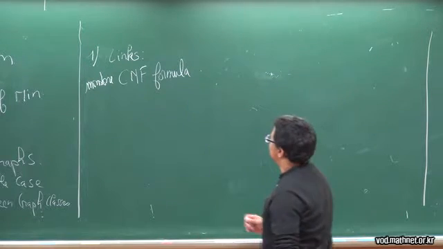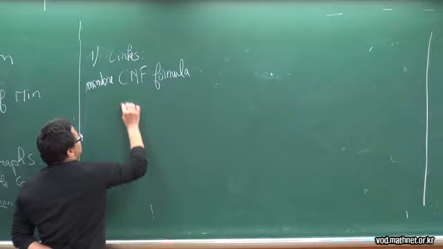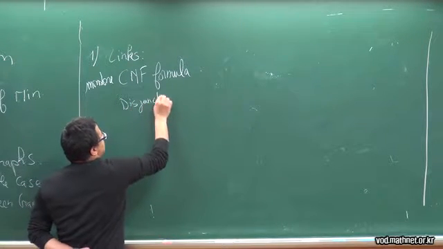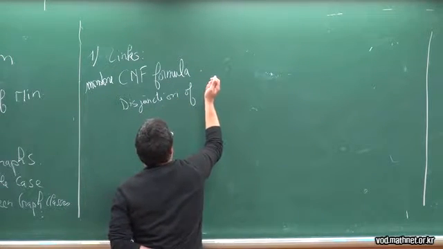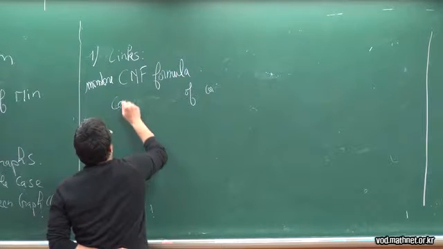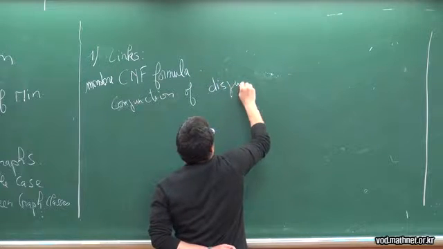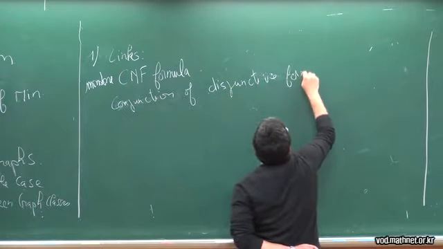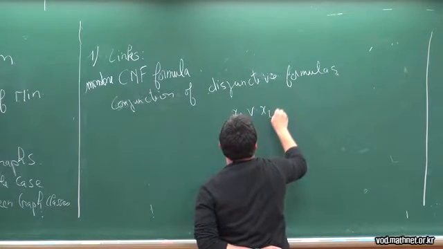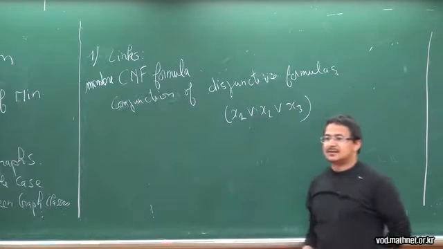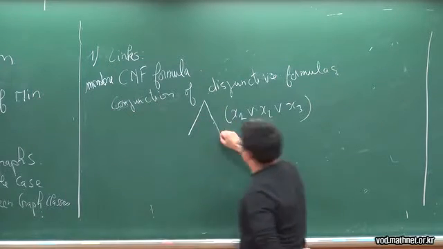A CNF formula means you have a conjunction of disjunctive clauses. So that means, for instance, x1 or x2 or x3,